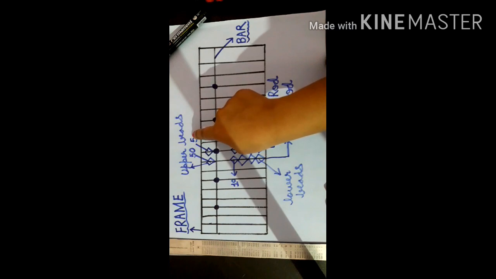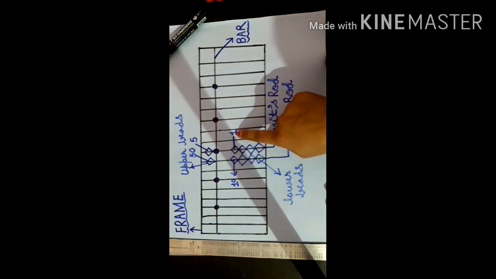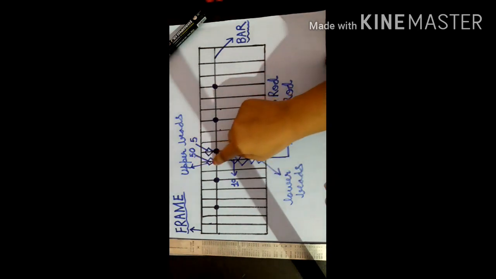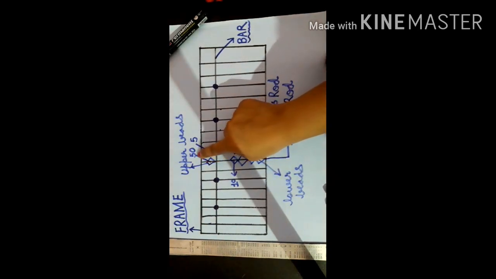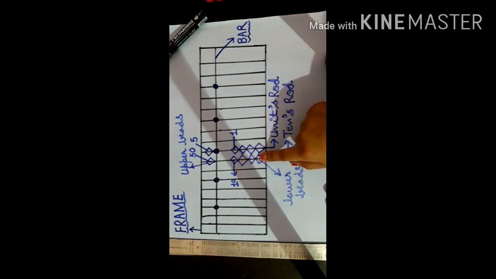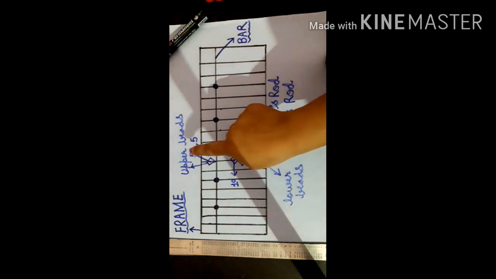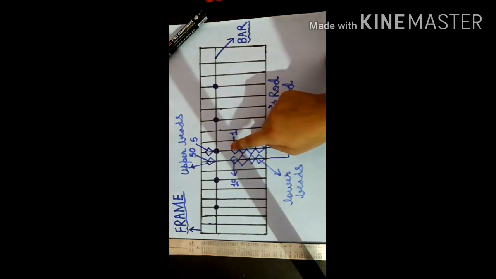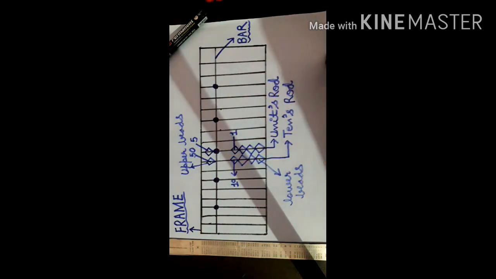Upper bead is 5. This is 1. Then 2, 3, 4. This is 50. This value is 50. This is 10, 20, 30, 40. Students, I have told you this 5, 1 in your first class. If you remember it, you can get it very easily. Try to make this abacus tool in your abacus fair notebook.